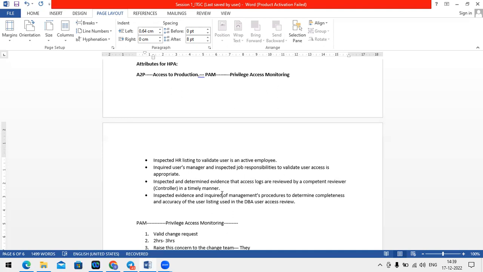So from an auditor's point of view, coming back to this privilege access monitoring or high privilege access, these are the things that we normally check from an auditor point of view. So whenever these things need to be checked. From an interview point of view,